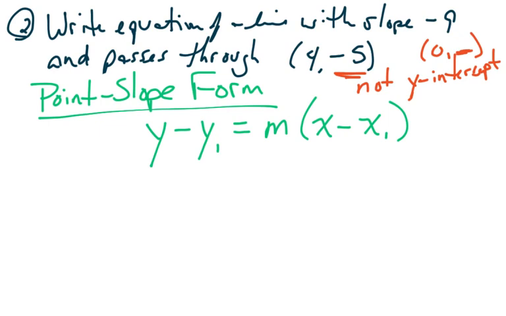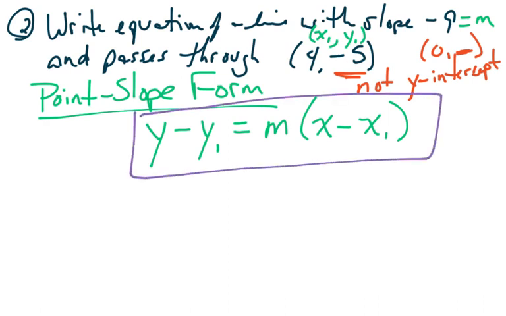Where x and y are the x and the y that have to stay in the equation to represent all of your solutions, all of those pairings that make the left side equal the right side. The x sub 1 and the y sub 1 is the given point. So this is x sub 1, y sub 1 up here. And of course the slope is our m. So once we have that, we just plug that in to the point slope form. So we're going to have